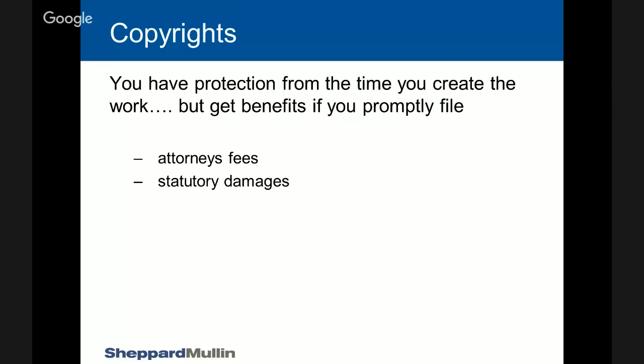And the second thing is you can get what's called statutory damages. But without the benefit of timely copyright protection, you have to prove what your actual damages are. And that gets kind of difficult. If someone is out there in the market and they're not selling a lot of games or they're giving the game away for free, showing what your damages are, your loss, not their profits, but your loss, can be a difficult thing. And it's expensive. You need to get a damage expert and you have to go through all that process, etc. With statutory damages, a court can award, if there's infringement, more like punitive damages. They can award up to $150,000 per infringement as an award to you without you proving your actual losses necessarily.